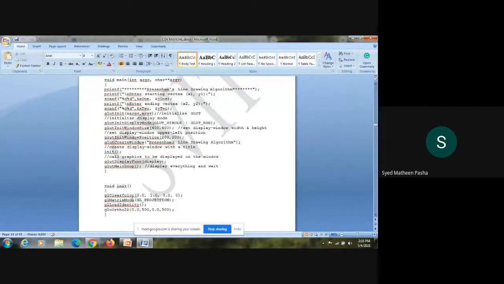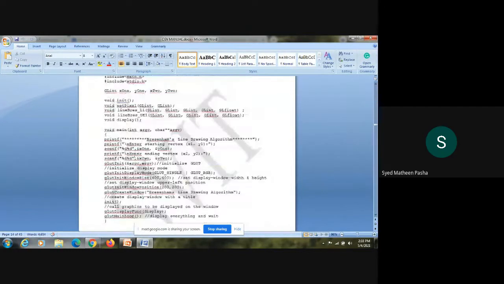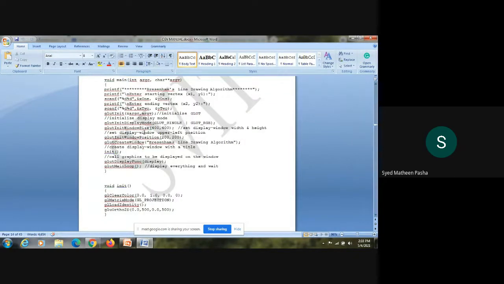Now my init function is done. Then, after executing the init function, the program comes to the next function. It is calling setPixel with some parameters. Let's see where setPixel is.